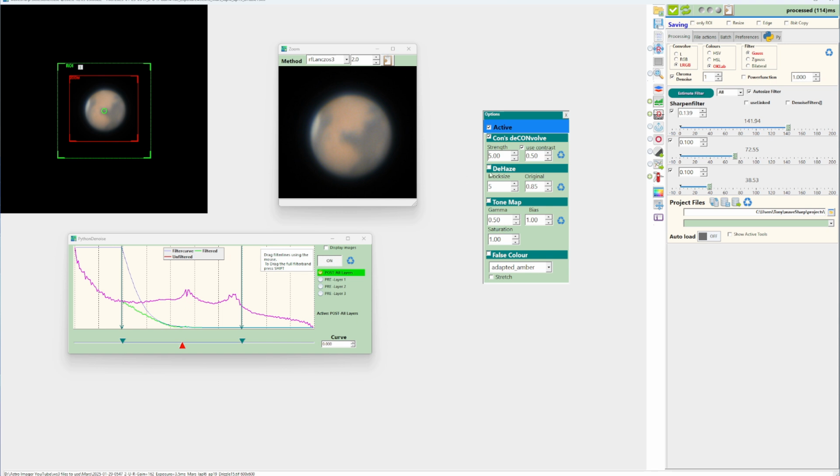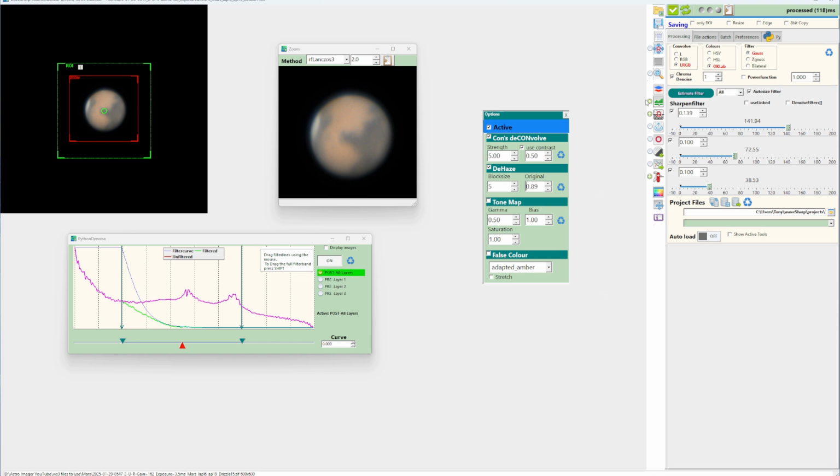But right below it is a dehaze setting. And if I check on that, you can see straight away that haze around the planet has disappeared a little bit. And you can set this value here, 100% or 1 will go to the original setting. So I'm just going to take it up to about here. See that the haze starts to reappear again. Let's leave it to about there. So that's that setting done. So we've done